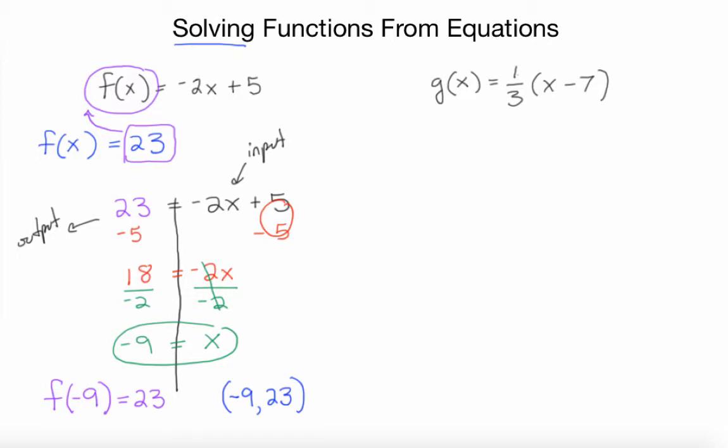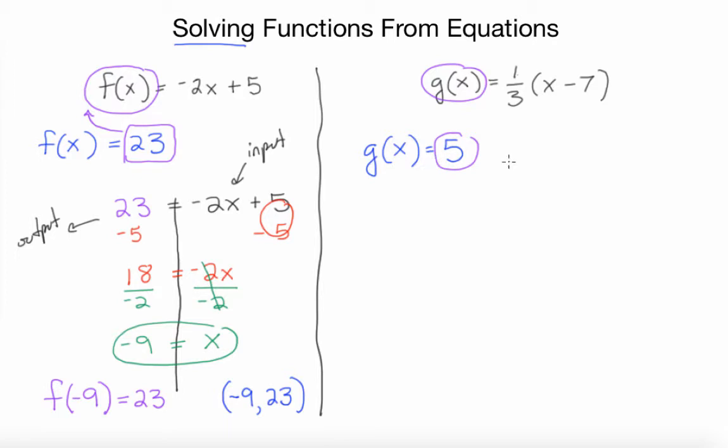Let's do another one. So let's take over here, g of x. I'm going to draw a line to kind of separate here. We don't want to get all confused. All right, so now we've got g of x equals, let's just do 5. I got an output of 5. What's my input to get me there? All right, just like what we did last time, we're going to substitute 5 in place of g of x because we're told g of x equals 5. And we get the new equation, 5 equals 1/3